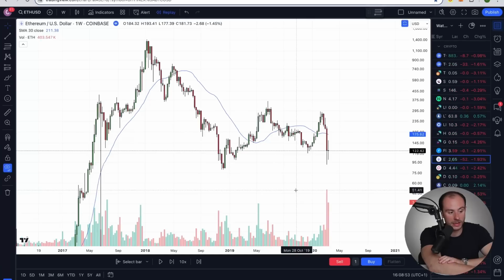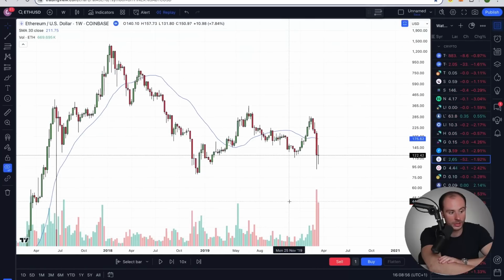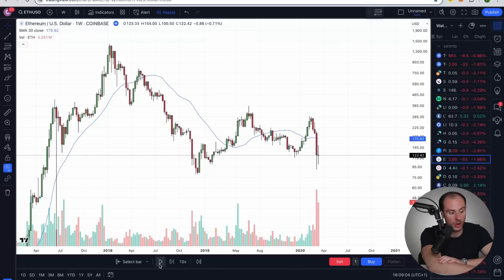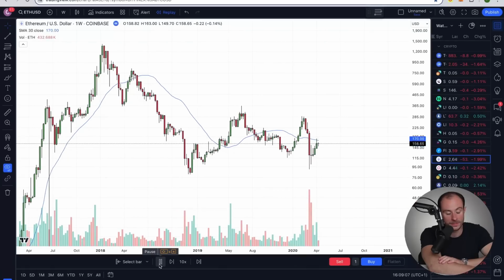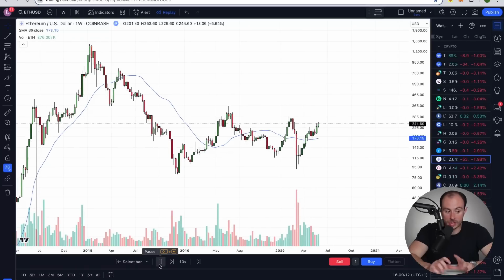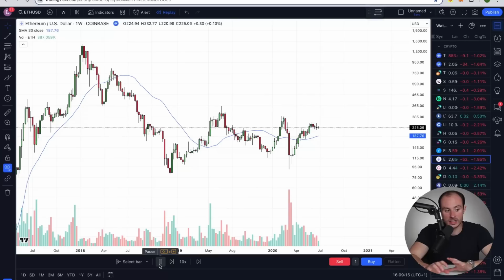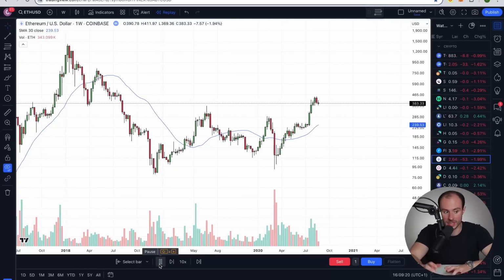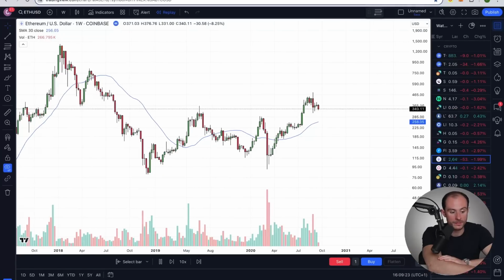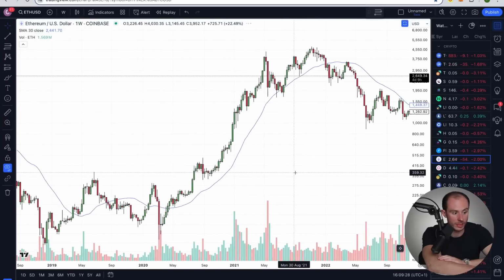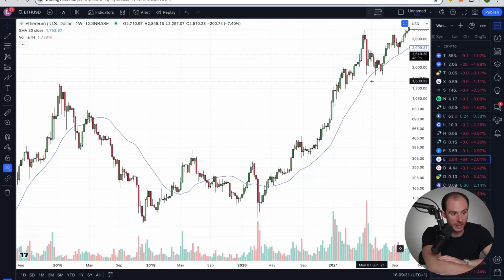If we look at something like Ethereum, it was very much in a phase 1 in regards to chopping in and around that 30 weekly moving average, basing, much the same manner that Hedera is doing today. And of course, we all know what took place with Ethereum after you got through this period of consolidation, accumulation. It really set us up for the bull market that we believe is still ahead of us. We think actually this bull market is going to be substantially larger than the prior. If we just speed this up a little bit, you can see this is the period in which we were looking at Ethereum. We were down here, and then you have this upside to come.